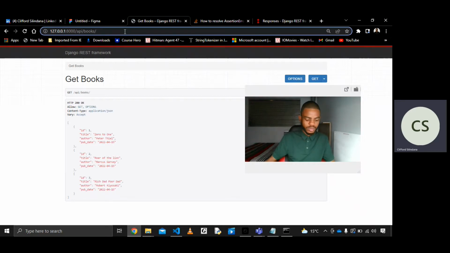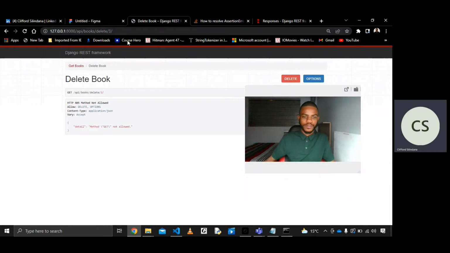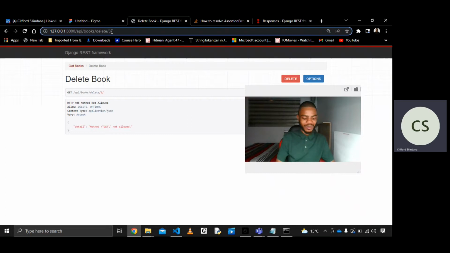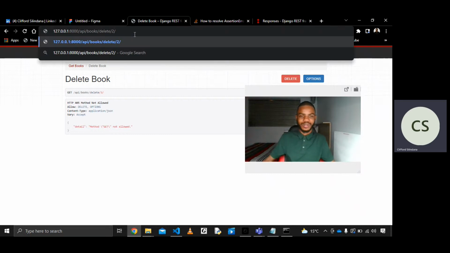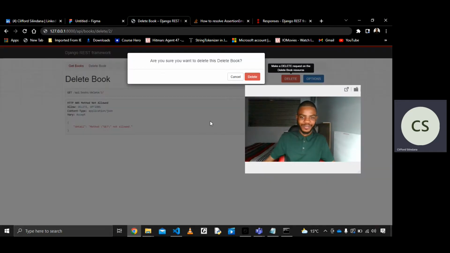Let's say books number 3. So book number 3 is Robert Kiyosaki, Rich Dad Poor Dad. Honestly, if I were to delete, I would go for between the two. It'd be so hard to delete, but if I were to delete,